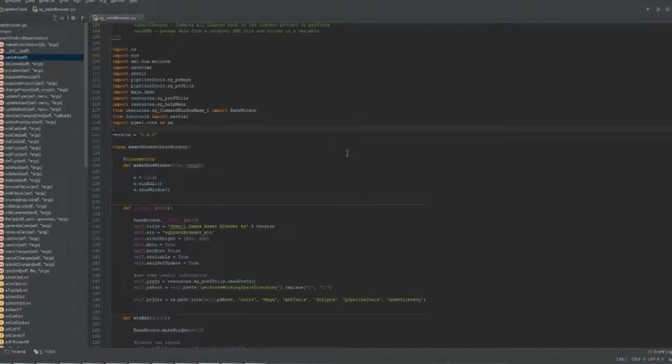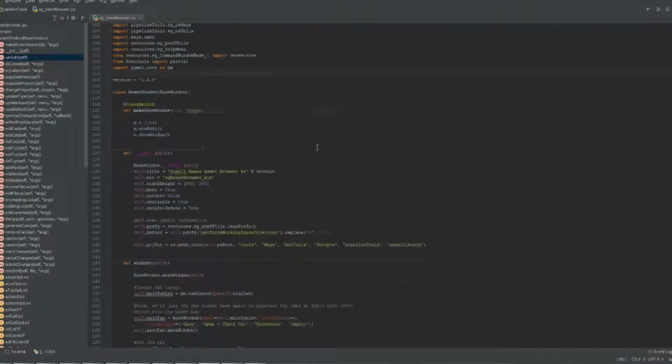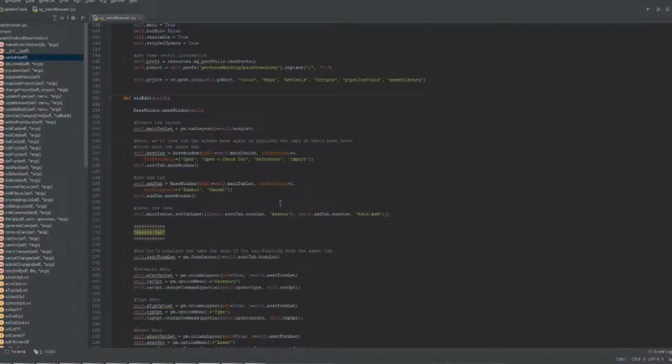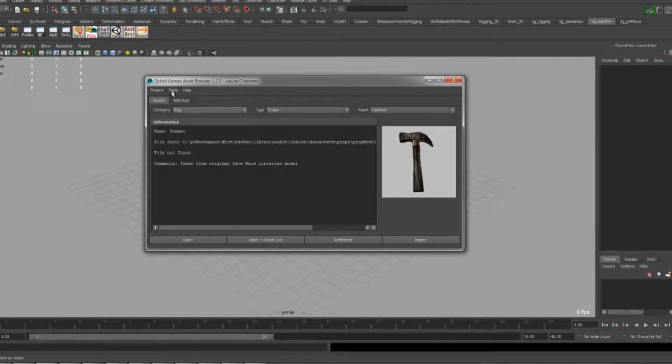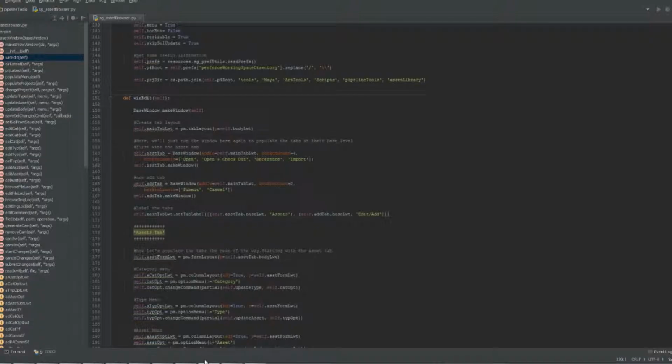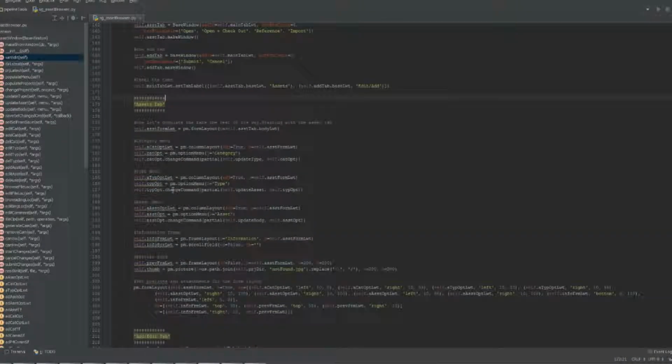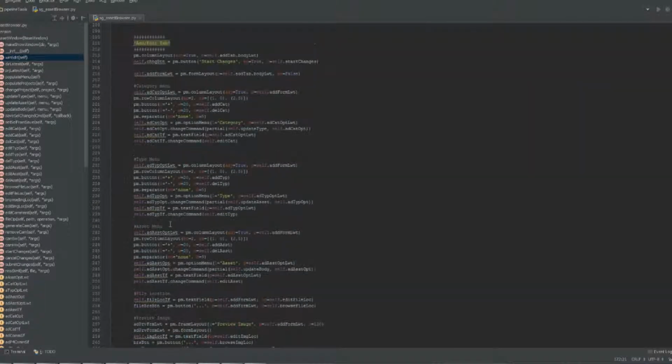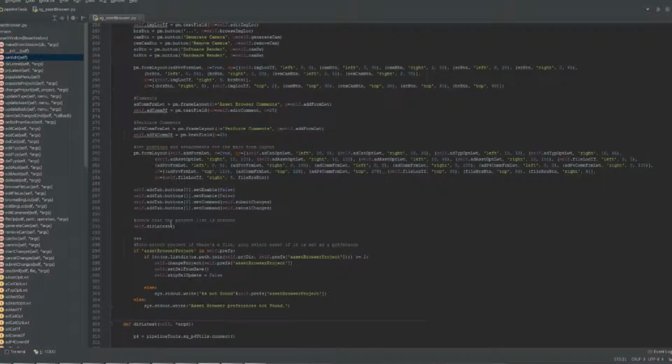Now to get into the actual window. If we jump down to this method, winEdit, pretty much what it's doing is laying out all these boxes and things that you saw before I set the project, if you think back to the beginning of the video. It creates the Assets tab and then the Add Edit tab here. After that's all done,